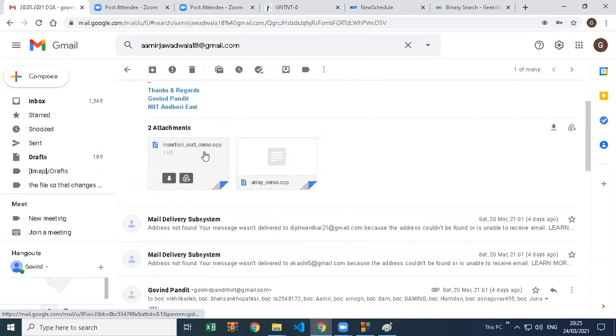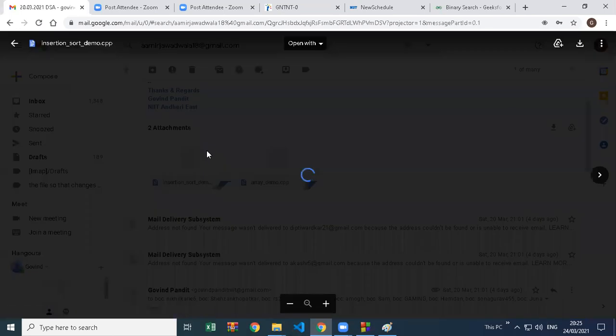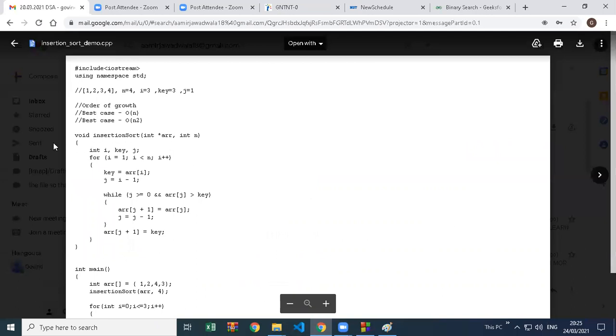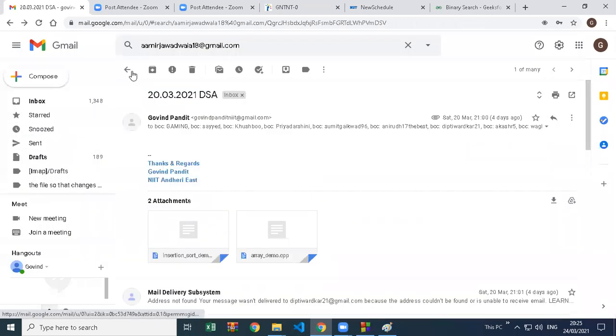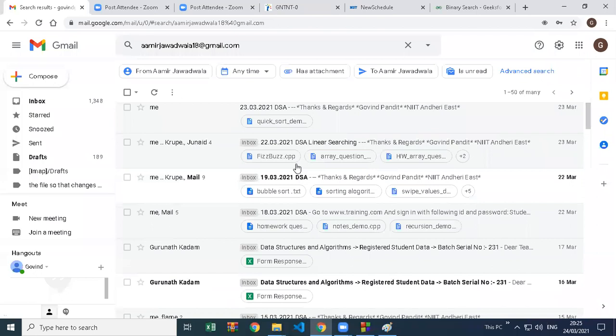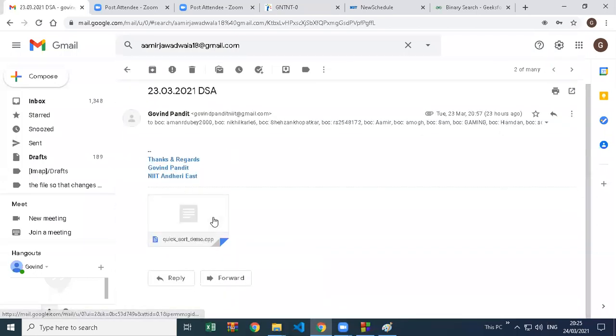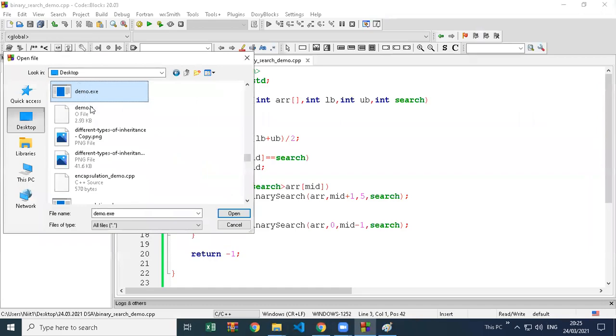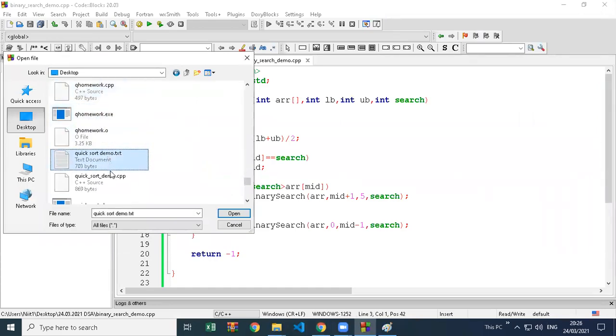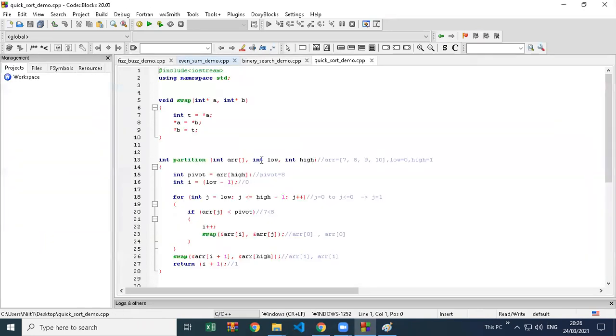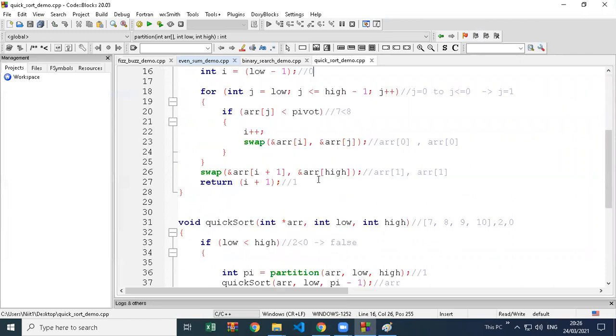Oh, it was just a single file, that's why. So it is 23. Yeah, the quicksort demo, it is there on the desktop. So it's a single file, not a folder. We just created one demo yesterday and saw the insertion demo again maybe.